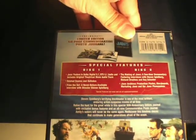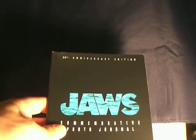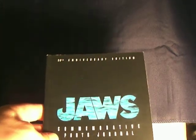Production photos, storyboards, marketing, Jaws, and the phenomenon. They claim that this movie is what started the big movie merchandise craze. I don't believe that. But we do get a really cool booklet that comes with this set. Here it is, and it is the Jaws commemorative photo journal, which you get stunningly clear pictures